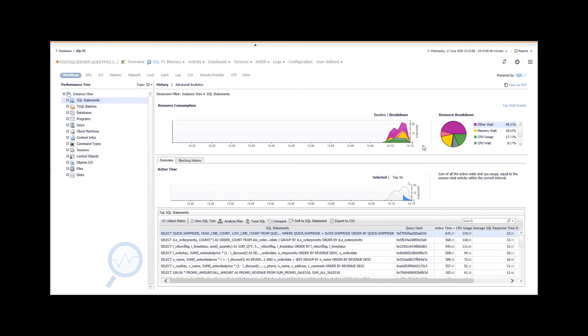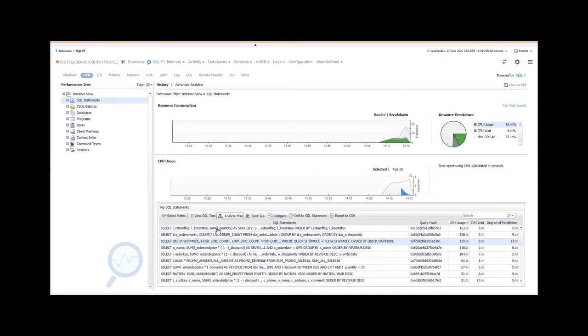So we can see the workload, and for whatever's running, we've got an amount of other wait, some memory wait, CPU usage has increased, but also CPU wait. And we can see the top queries at the bottom. But to focus on CPU in particular, we can click on the CPU resource button at the top. That will resort these statements into the queries that are using the most CPU. So these are my top queries, sorted by the ones using the most CPU.